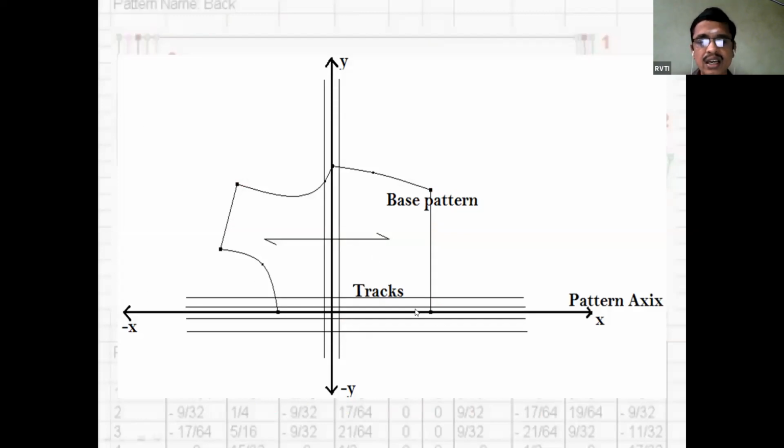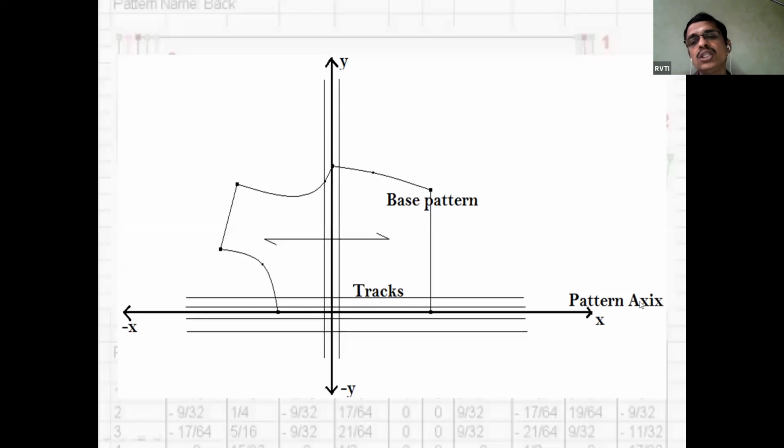See, this is the paper. This is my pattern, my S size pattern. On this paper I am going to cut the M size pattern. First, what I have to do is draw the axis on my pattern. Normally the chest line we can take. This is for the X axis, this is for the Y axis, like that. First, I have to draw the axis on my pattern and on my paper also.